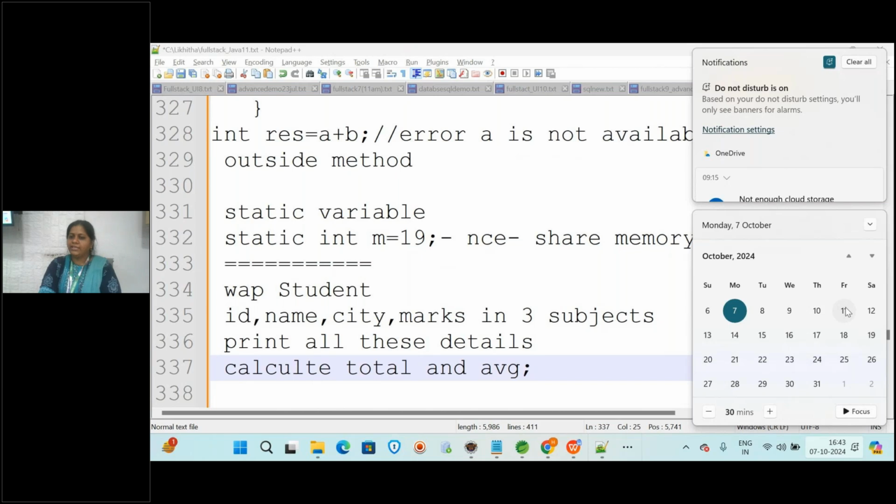And on the 14th, there is no class. I'm telling you now so that those going out of station or home can plan. On the 11th you join online, and on the 14th there is no class; you are getting leave for Dasara. Anyway, Saturday we don't have class, so for 11, 12, 13, and 14 you can plan. But the 11th class is there.